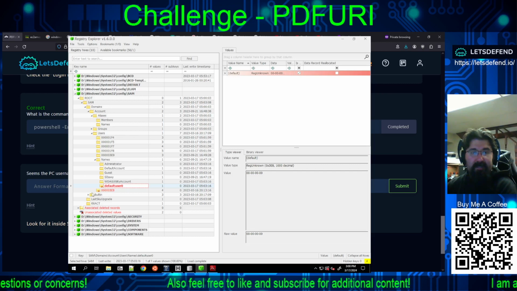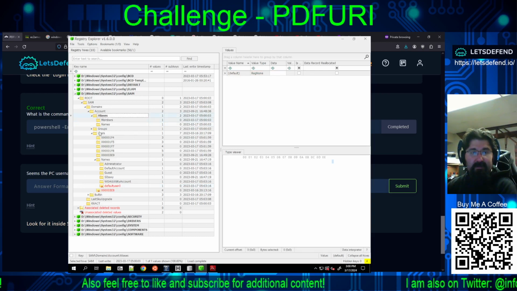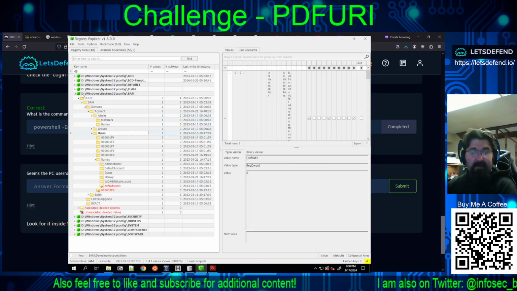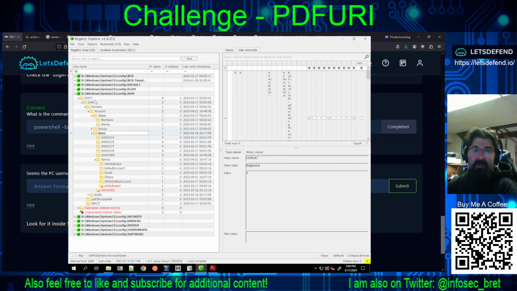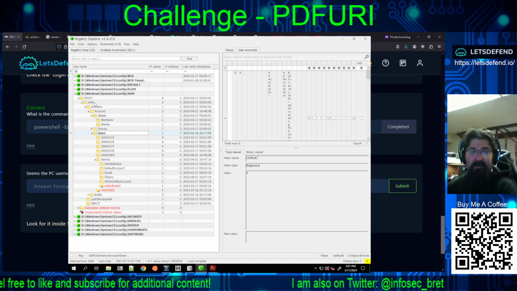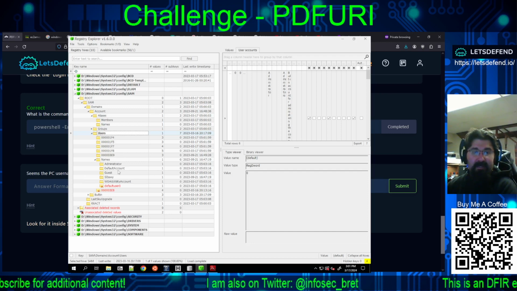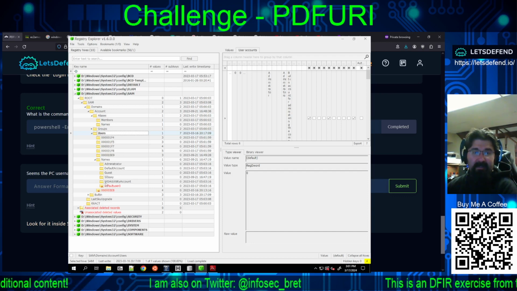So what do we see? We see names have changed. In this particular case, because it's mounted as D drive: D Windows System32 config SAM, root SAM domains, account, users. And if we take a look, okay, we see administrator, default account, guest,